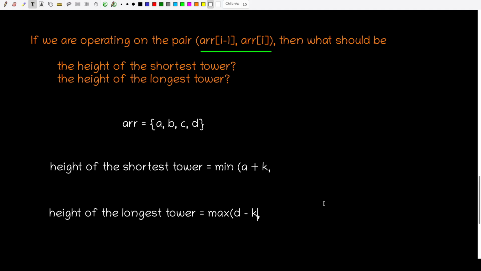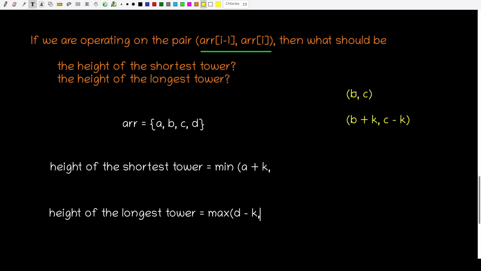So this A becomes A plus K and D becomes D minus K. Now we are operating on the I minus 1 and ith tower. So again, in the I minus 1 and ith tower, I minus 1 is the smallest tower and I is the longest tower. And let us say we are operating on the pair B comma C. So as we know, this has to be transformed such that B becomes B plus K and C becomes C